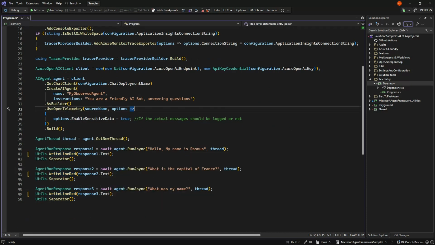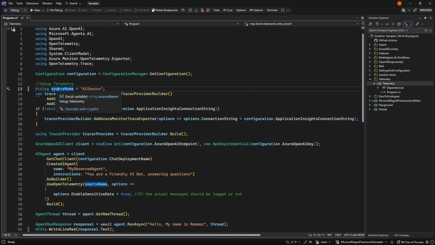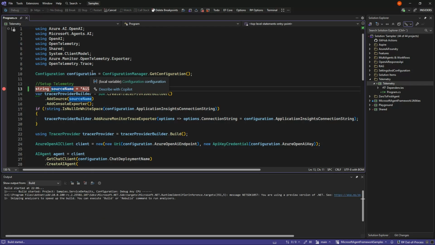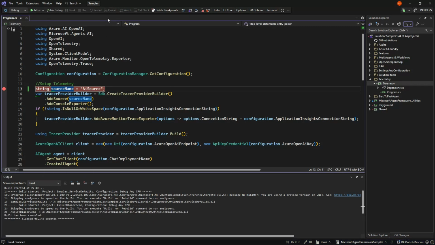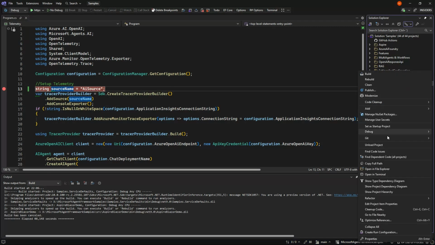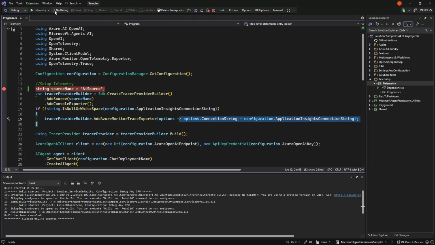So I'm telling it what my name is, I'm asking for the capital of France, and I'm asking again what my name was, just in a normal thread. So let's set a breakpoint and get this going. Oh, we are on the wrong project here. So let's jump to that one instead.